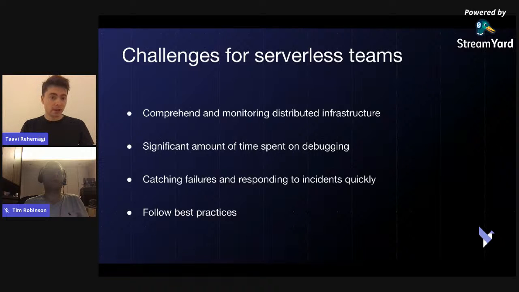When I was at my last company before starting Dashbird, our main concern was actually responding to incidents quickly. Even though it's serverless, developers make mistakes and things happen, and you need to be able to quickly respond to incidents, and you need that confidence that whenever something fails, you're not going to be hearing it from your users, but you're actually going to know pretty much as soon as possible in real time.